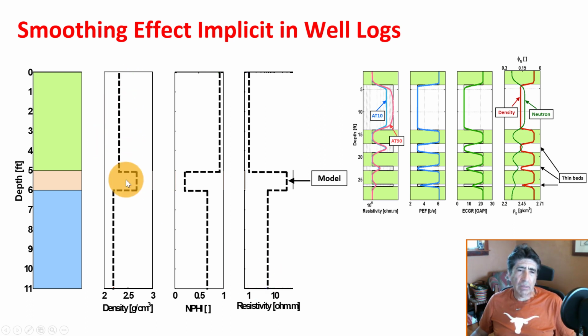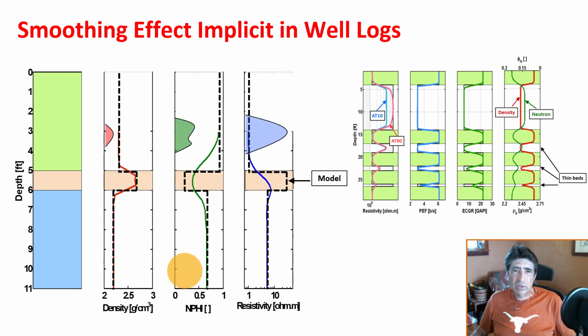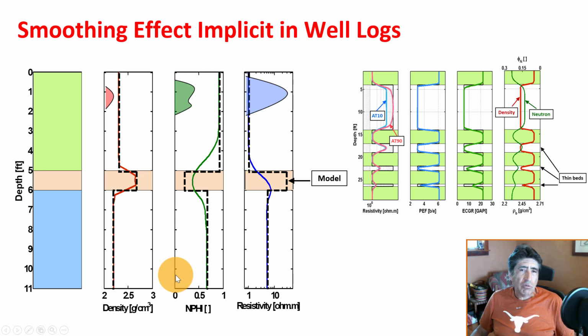So that's what you would like to sense. You would like to sense very sharp interfaces like this when the logging tool is going through rocks. But you have to remember 2 things. One, the logging tool is moving when these measurements are acquired. And second, each one of the measurements has a different volume of investigation. So in consequence, let's say that the density tool has a certain volume of investigation, averaging the surrounding properties of the rock over a given volume, and the neutron another volume, and the resistivity another one. Then you run these logs, typically from the bottom up, and each one of these measurements is taking an average of those actual properties.